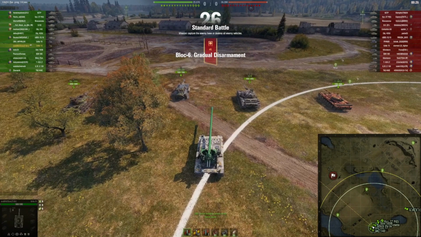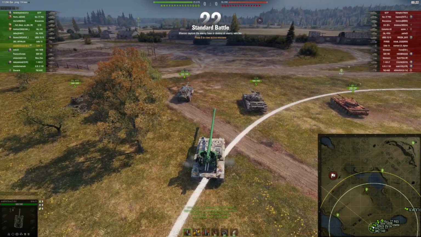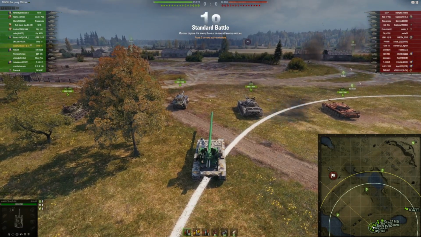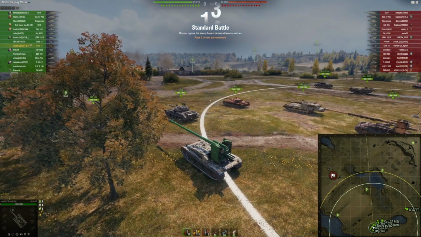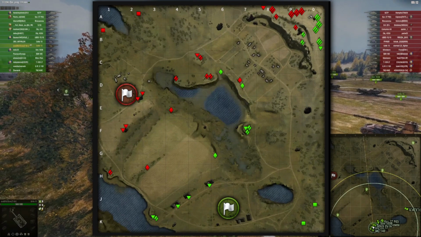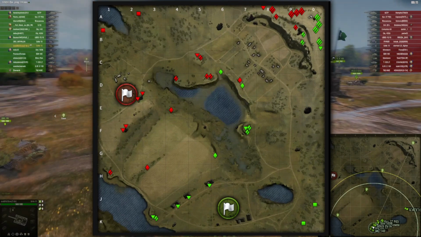Okay, second game. This time we're spawning on Malinovka with our Gorilla 15. And once again, let's first of all take a look at the map and see how this map, let's say, can be played. Spawning on Malinovka in the south, this is how the game usually develops. And let's talk about how the map is